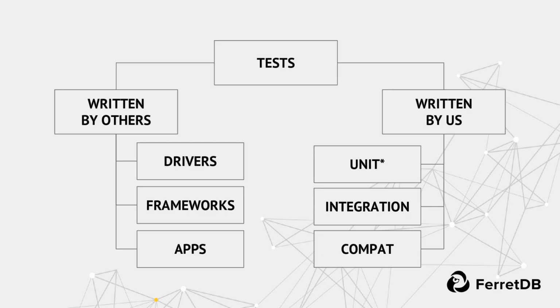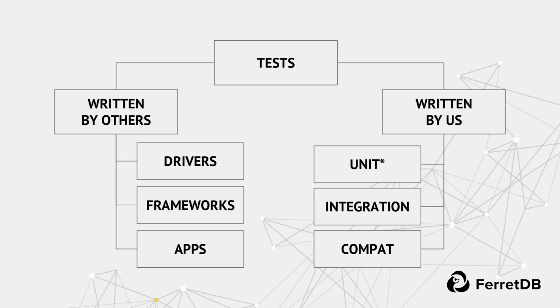We also need some tests written by us. In our case, we have 3 types of tests: unit, integration, and compat. Unit tests, not real unit tests, I would say, not what quite often people think unit tests are. Unit tests check the logic that doesn't depend on MongoDB behavior. It's just like the internal part of FerretDB. They show some examples of non-straightforward logic, so they can help us actually handle those particular cases when sorting is not easy to understand or comparing values is not easy to understand.